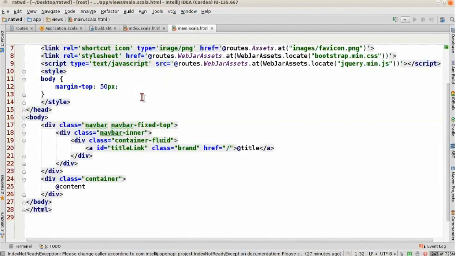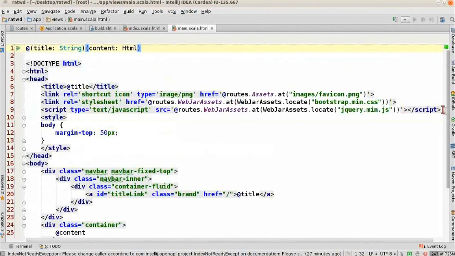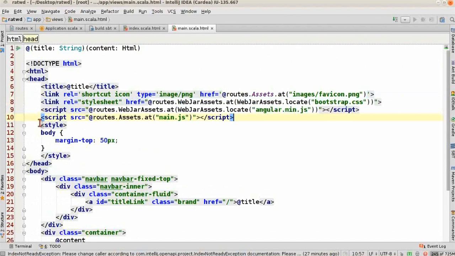So let's go to here. Looks like I already have some of this, but we'll just override it. So I'm going to pull in the Bootstrap CSS. The way that I do that with WebJars is I've set up a route, so now I'm using reverse routing. That's where I'm doing